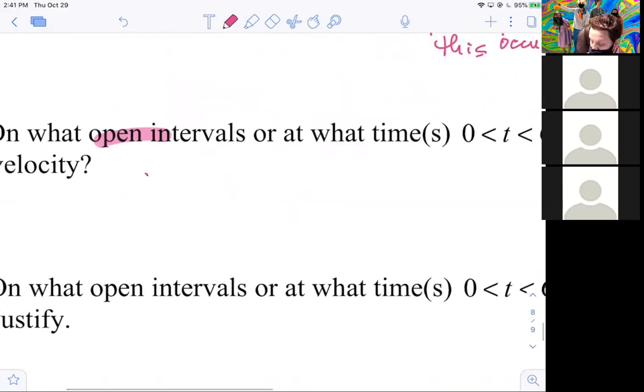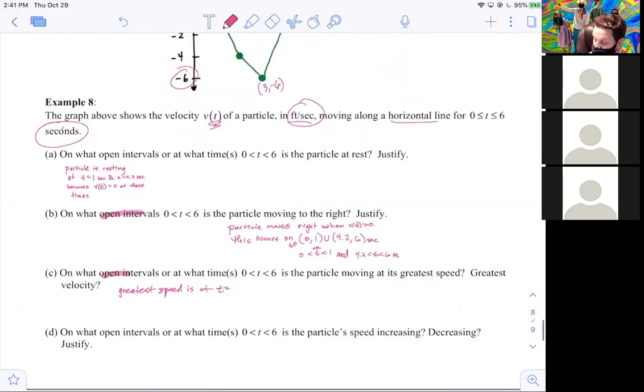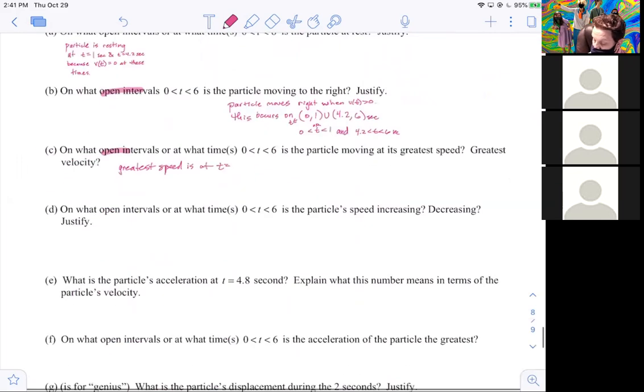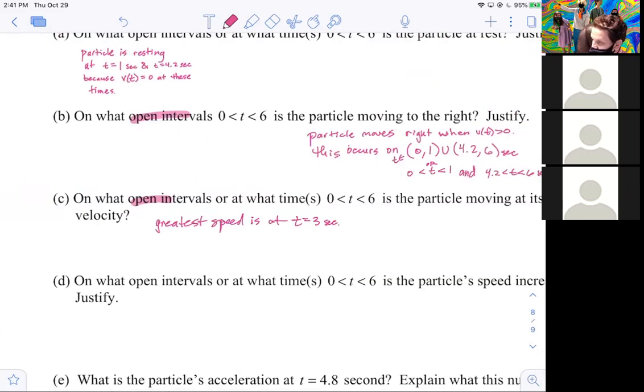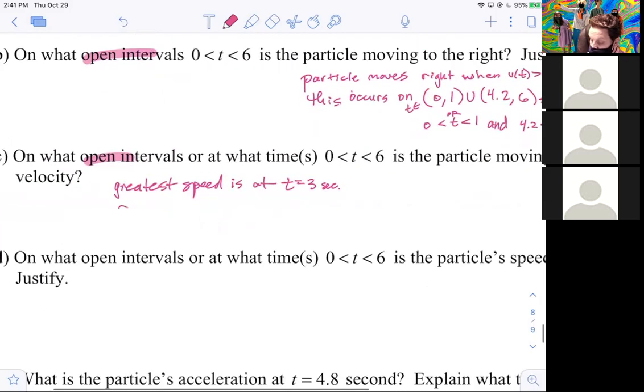So the greatest speed is at t equals, and dang it, I forget all the time. 3, there we go. 3 seconds. Does it ask to justify? No, so you don't have to. Now greatest velocity,